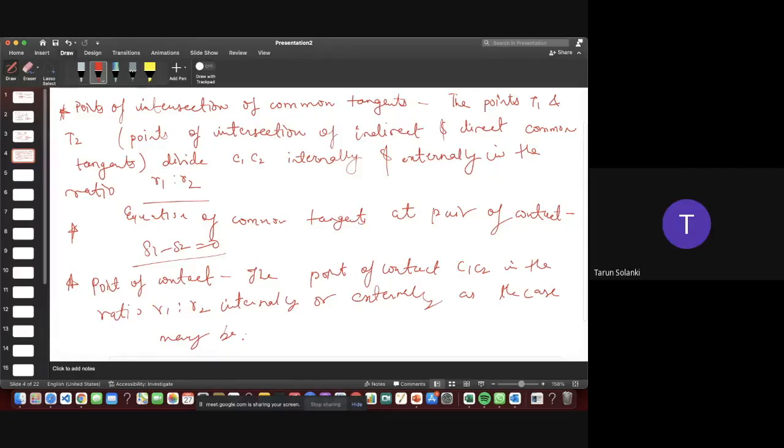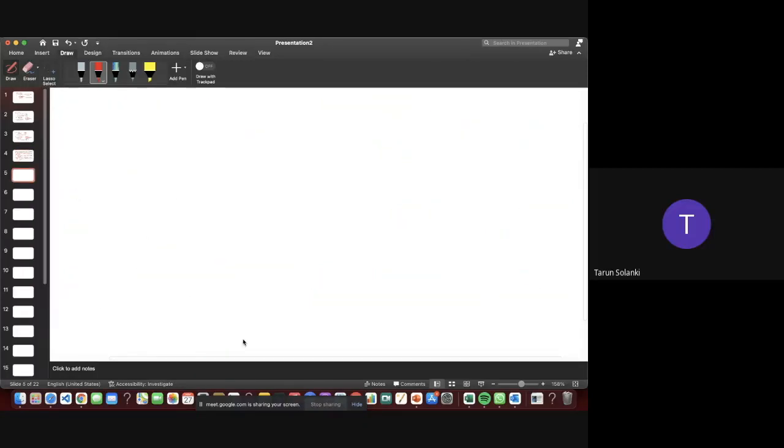Okay, so this was all about the circle, right? Now what we will do is discuss all the important points again, because in the next lecture we'll start with the solved examples. So you'll get to know how questions are asked in the exam pattern and all these things. Here today we'll discuss some important points.